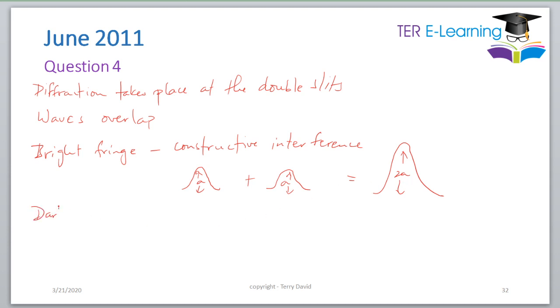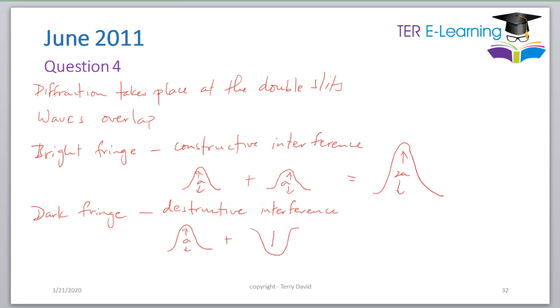Then we need to explain why we get a dark fringe. So we get a dark fringe when we have destructive interference. Alright, in which case what is happening is that a crest is coinciding with a trough. Right? And the resultant amplitude is 0. So we have destructive interference taking place at a dark fringe. Alright? So please, because this question is very loaded, you need to be clear in terms of how you're explaining